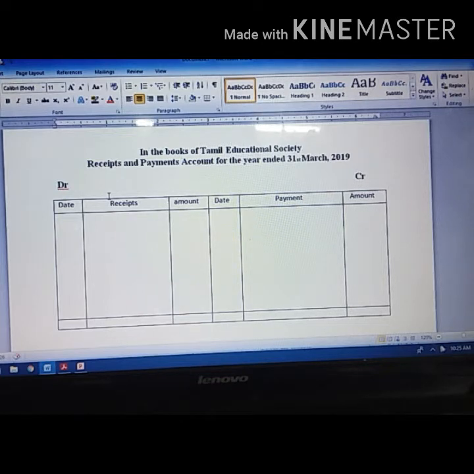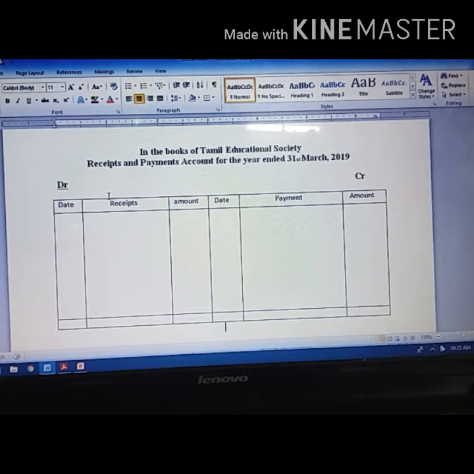In the date column you must write the date, and in the particulars column you have to write the receipt. We have two amount columns, one is the inner column, another one is the outer column. If you have any adjustment, then you have to use the inner column. That means if you have an opening balance of cash and bank, then you have to enter both the cash balance and bank balance on the receipt side. Then after adding, you have to post this amount in the outer column. Likewise on the credit side also you have to open date, payment and amount. Likewise you have to open it in your ledger note.